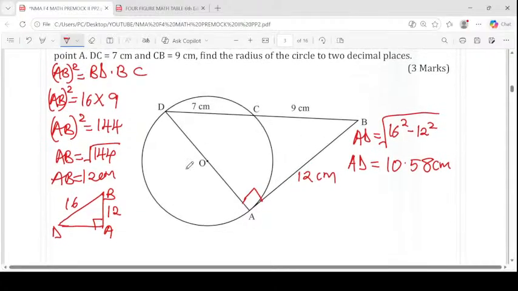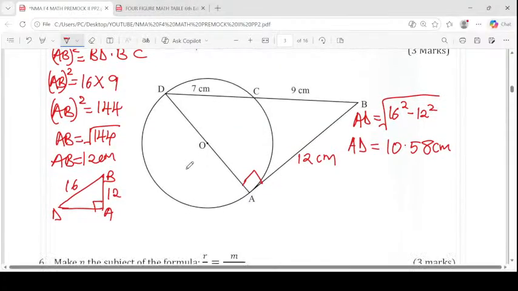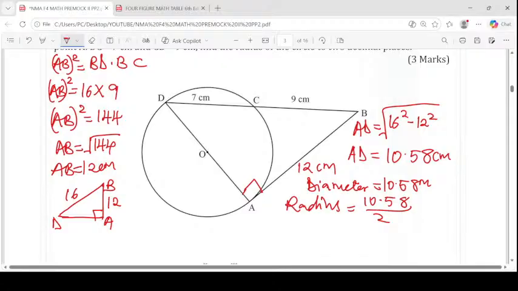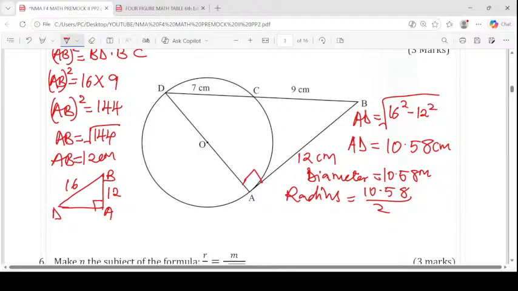So this means that our diameter is now 10.58 centimeters. Hence, because we want the radius, to get the radius we are going to take the diameter 10.58 and divide this by 2. Therefore, ladies and gentlemen, the radius of our circle will be, when you take 10.58 divided by 2, you get